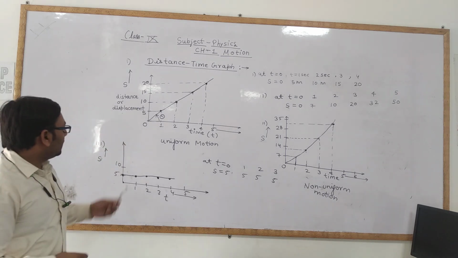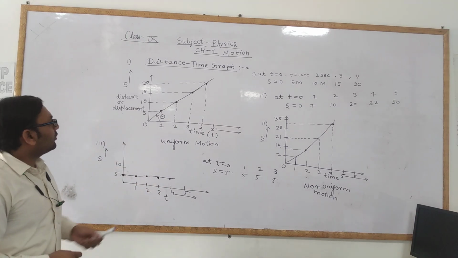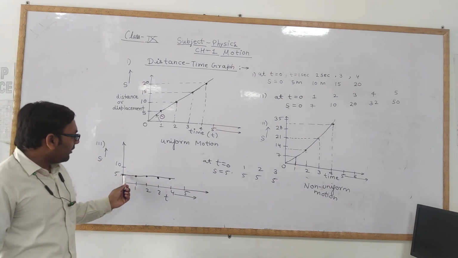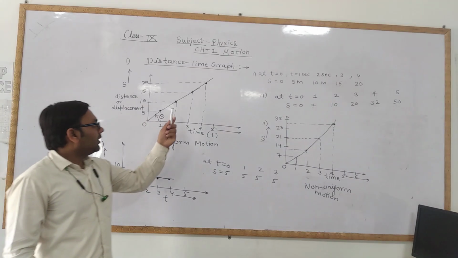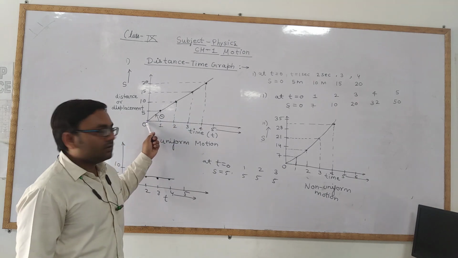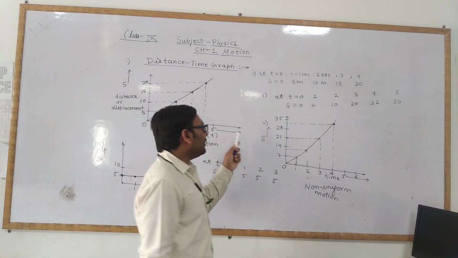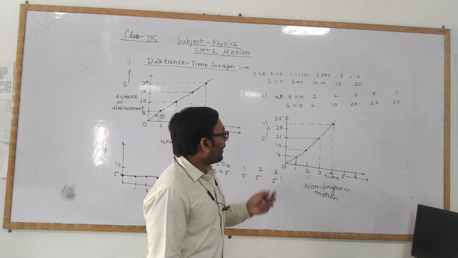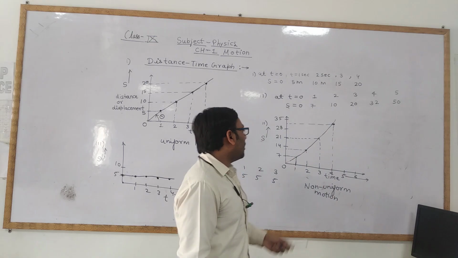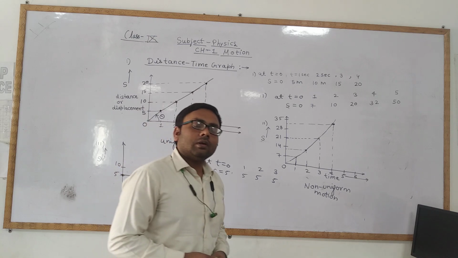Okay, so this is the last case of the distance time graph, and all these 3 graphs you have to study. If the object is stationary, the distance time graph will be a straight line parallel to the time axis. If the object is moving uniformly, the distance time graph will be a straight line passing through the origin, and it will be a straight line inclined at some angle to the time axis. And if the object is moving non-uniformly, meaning having a non-uniform motion, the distance time graph will be a curve rising upward or coming down. Okay, all these graphs are for the distance time graph. So this is all about the distance time graph.